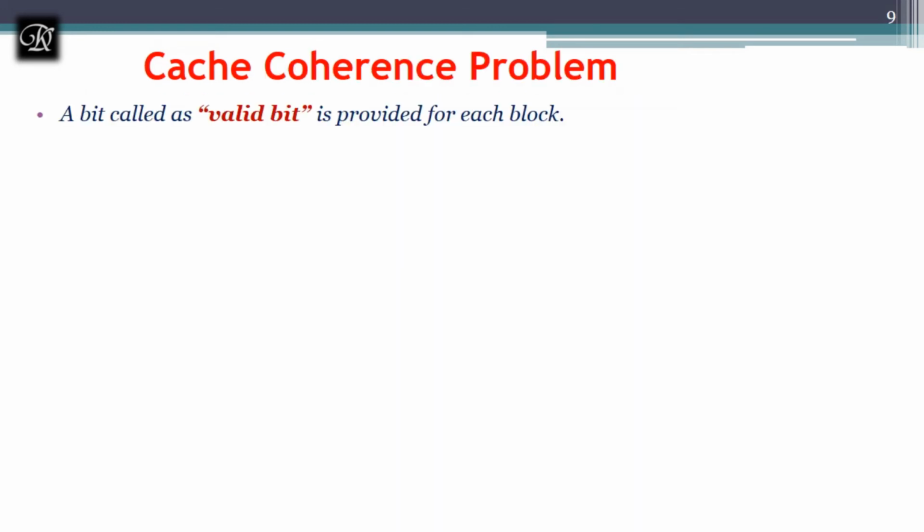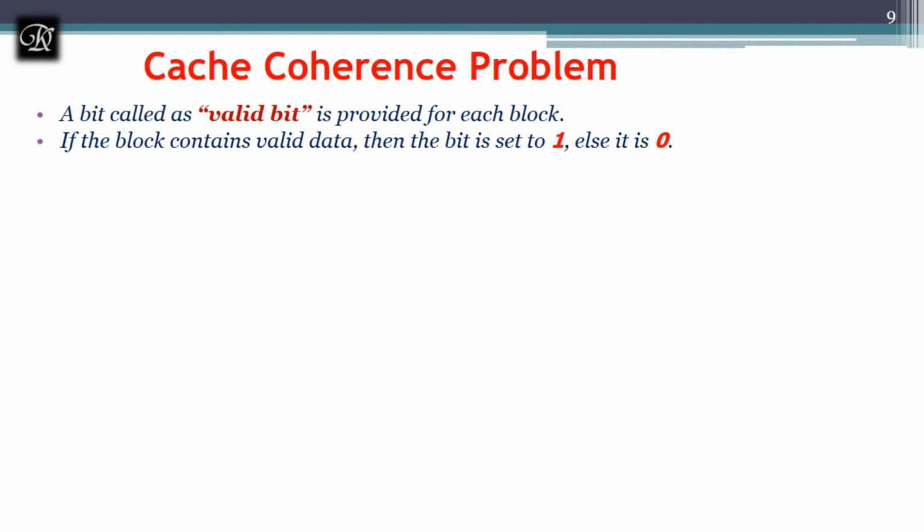Next we'll see something called the cache coherence problem. As we have seen the dirty bit and modified bit, we will be having an additional bit called the valid bit. It's going to tell which data residing in the cache and the RAM is valid. For example, if I have data in the hard disk which is updated by other processes from the other end, now what happens? If I have old data in the RAM and cache, that is not valid. The data updated in the RAM is valid, and the data in the cache which is not valid is going to be recognized with the help of the valid bit.